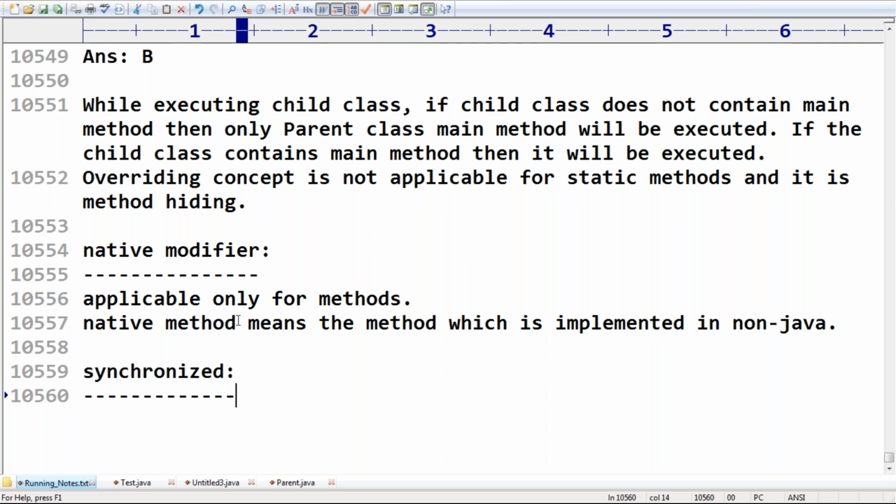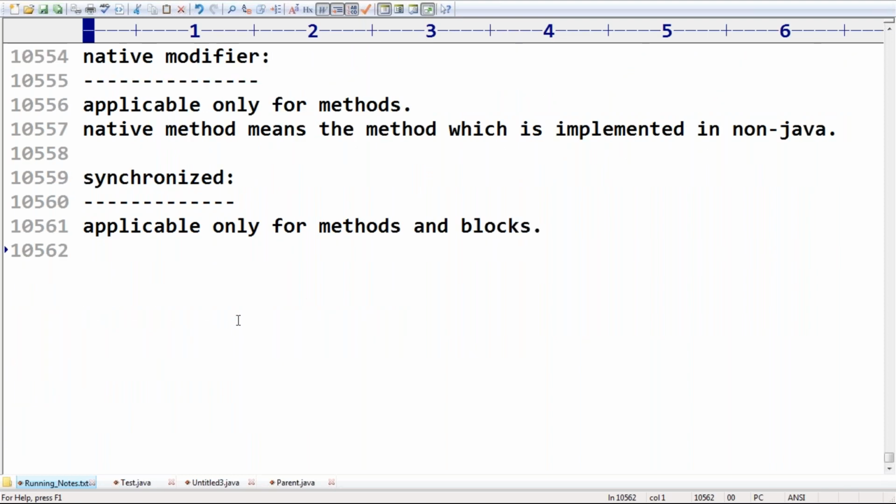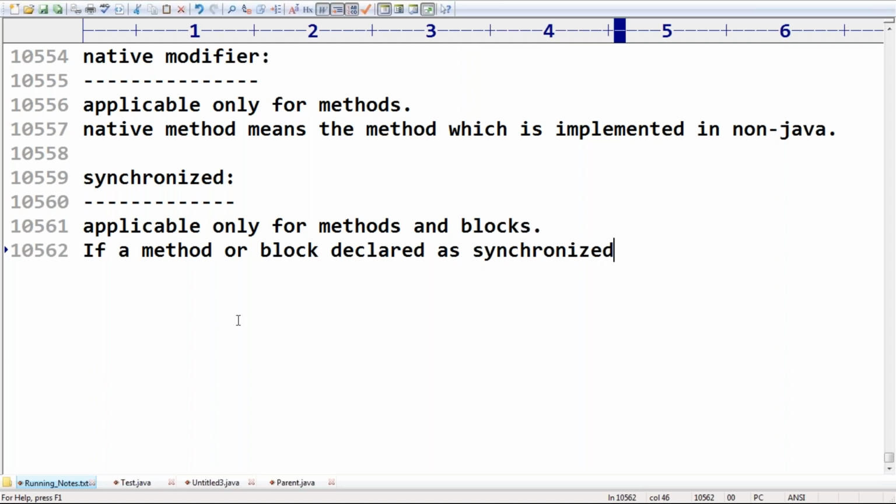Sir, what is the meaning of the synchronized keyword? It is also not required for first-level certification. Maybe for second-level certification it is required. Just aware. Synchronized is applicable only for methods and blocks. If a method or block is declared as synchronized, then